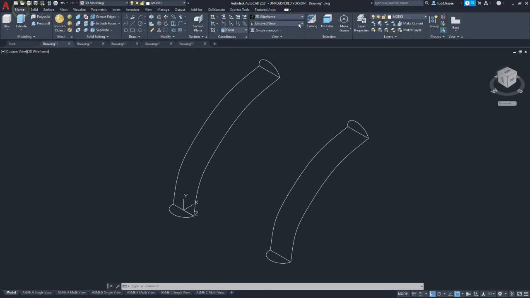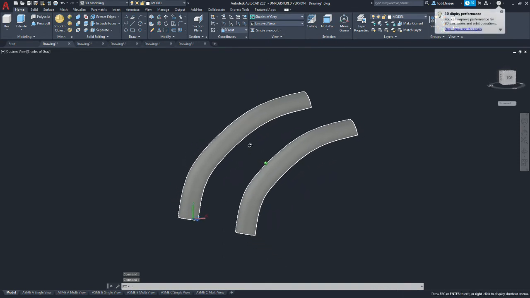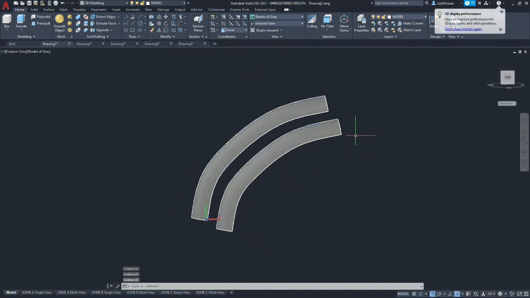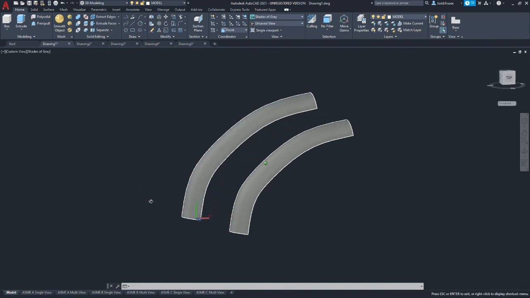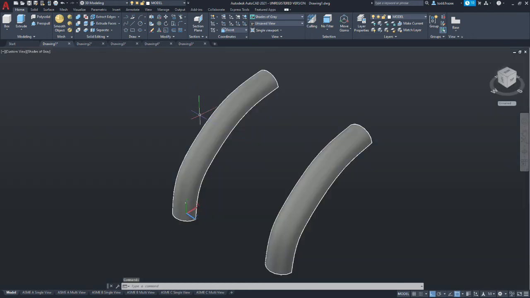So let's go to shaded mode and take a look at what we did. As you can see, we have a much smaller sweep because the path was following the crown of the arc as opposed to the base of the flat as its reference. If I were to look at this in a side view, you can see how they are different resultants. That ends the demonstration of how the base point relationship is with the swept curve.